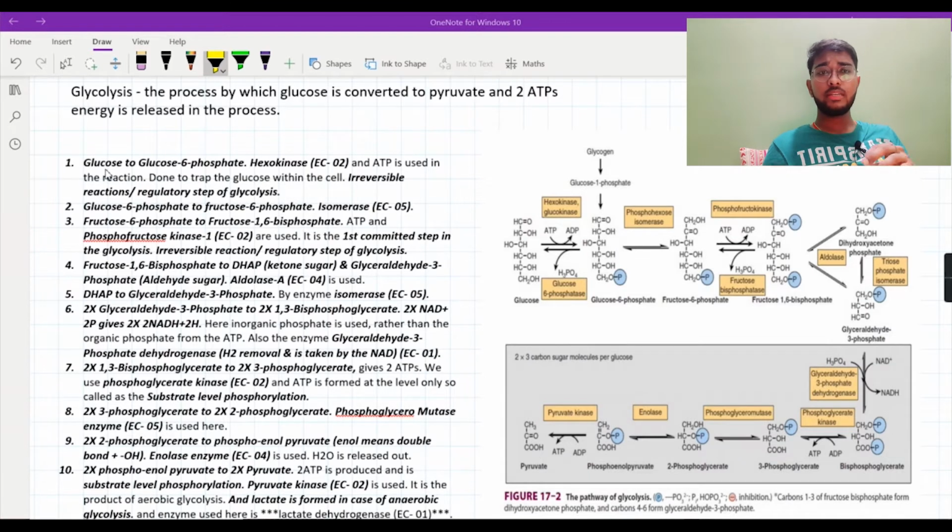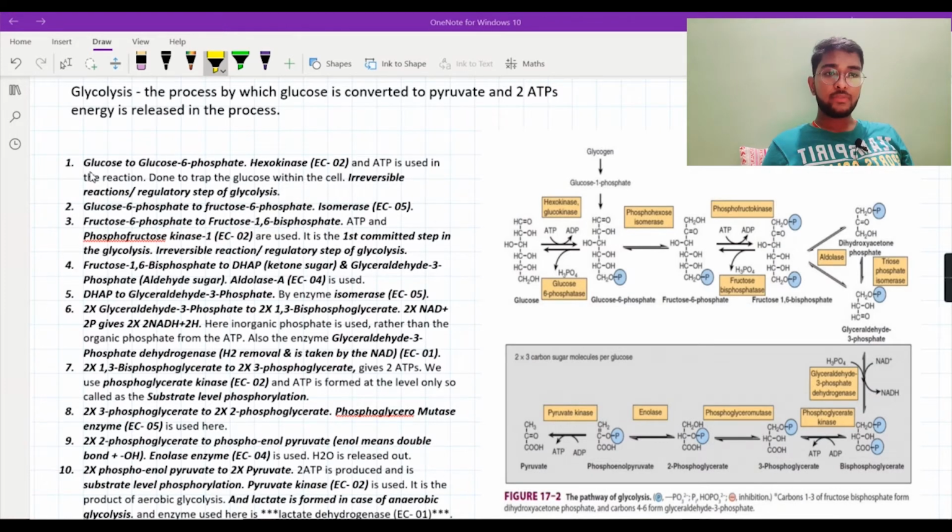Basically, glycolysis includes 10 steps. The first 5 steps are the phase 1 reactions and the next 5 steps are the phase 2 reactions. Phase 1 reactions are the reactions in which we need to supply ATP, that is, it is the investment phase, and phase 2 is the phase in which we can expect the return on investment, that is, we gain ATP in the phase 2 reactions and we invest the ATPs in the phase 1 reactions.